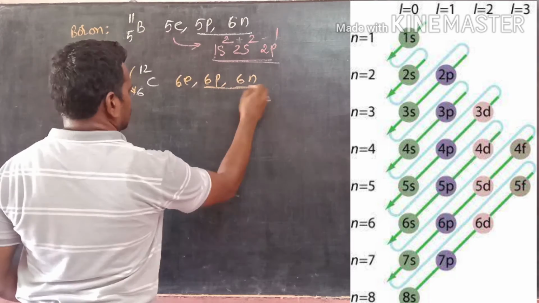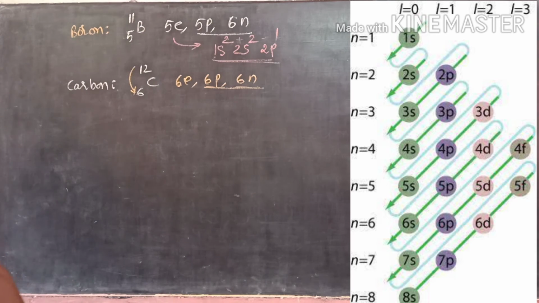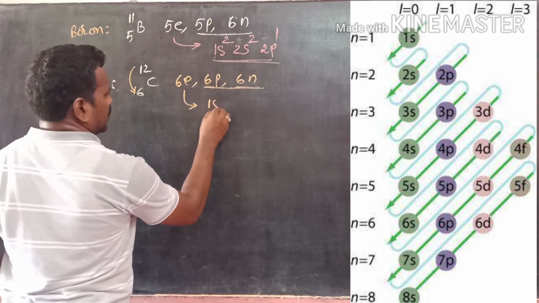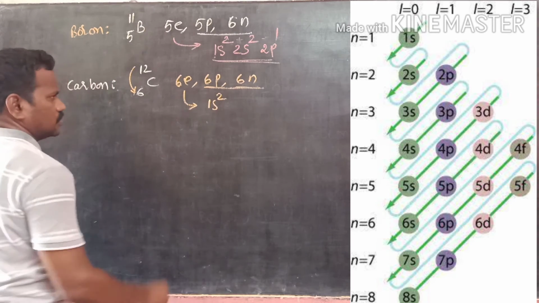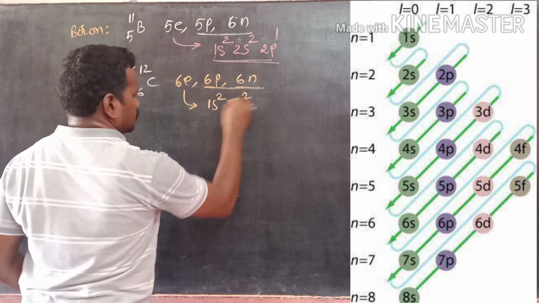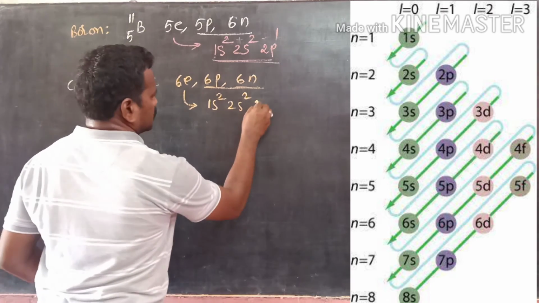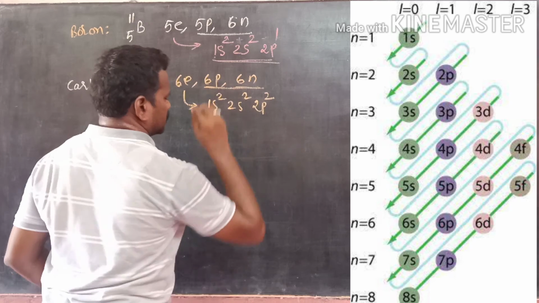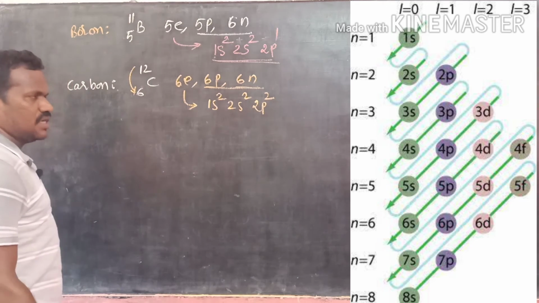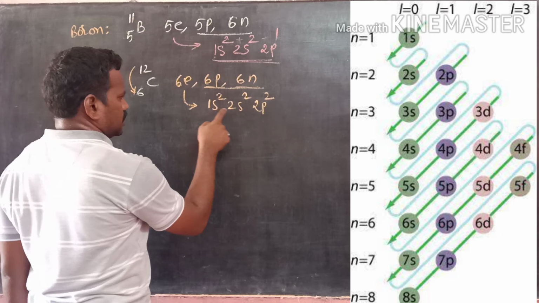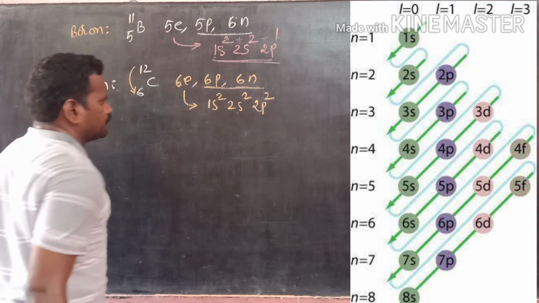These 6 protons and 6 neutrons are there inside the nucleus, whereas the 6 electrons, first as per the rule, occupy the lowest energy orbital, that is 1s2, next orbital is 2s2. Totally 4 electrons are completed, remaining 2 electrons as per the rule move towards p. P orbital can accommodate 2 electrons. Now the electronic configuration becomes 1s2, 2s2, 2p2.